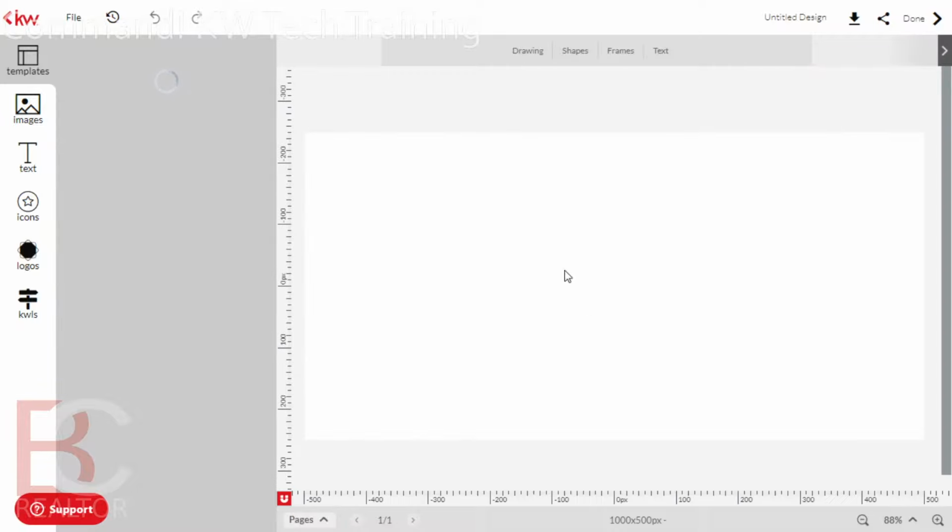You can see here that the canvas is 1,000 pixels by 500 pixels, so it's going to be a fairly large document. I always like to make my logos and designs bigger than I need, because things always look better if you make them big and scale them down. If you have something that's maybe 250 pixels and you're trying to expand it to 500, it can look blurry, misshapen, or unclean. So going from big to small always looks cleaner than going from small to big. So from here,